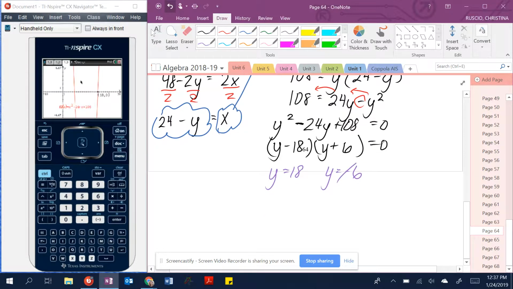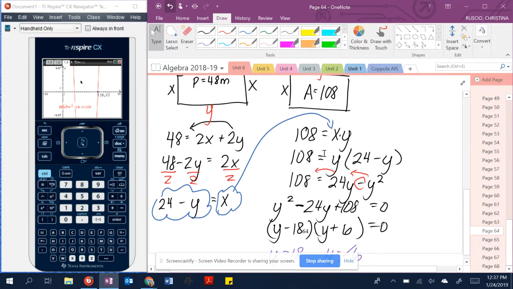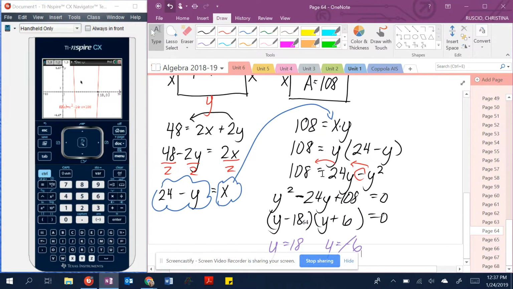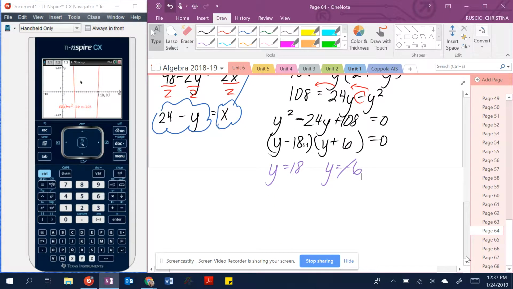We're going to reject the negative 6 because that doesn't make sense. But what I do know is that my y, which was my width right up top here, is 18. And because of that, I can say that the width is 18